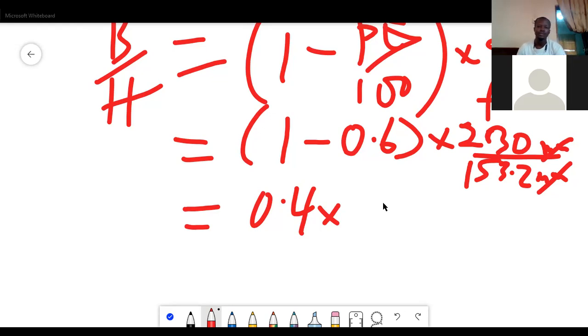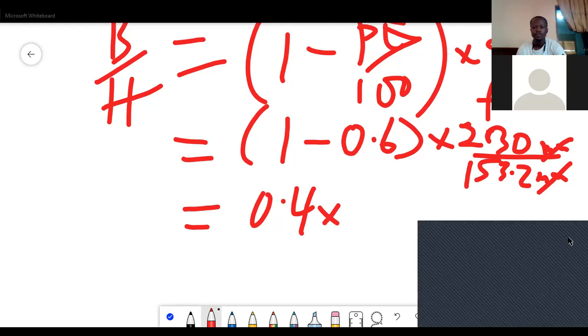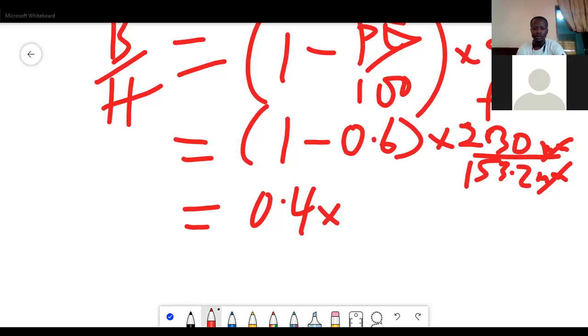All right, so I think we are done with this one. Do you have any question on vertical exaggeration and the way it was done? So I want to change the topic. Do you have any question on this? Guys, do you have any question? Do you understand it and do you think you appreciate it?